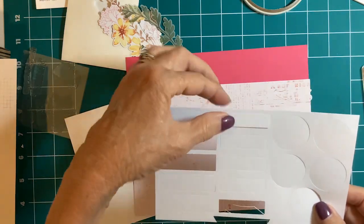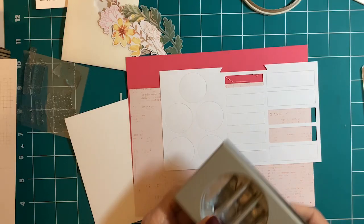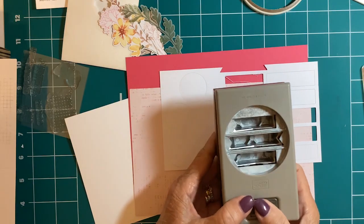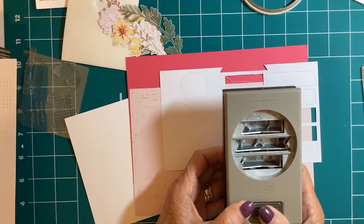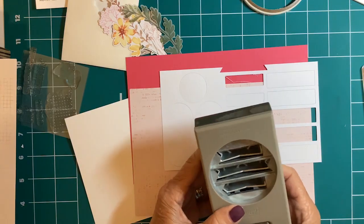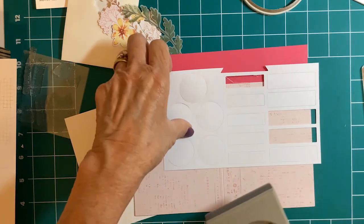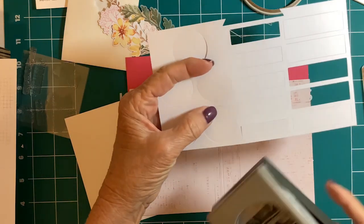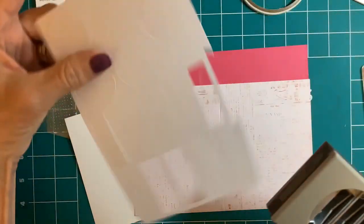We're going to use one of these pieces, and I'm going to show you a sneak peek of a new product that's coming out in January. One of the great things about being a demo is we get things early so that we can start using them ourselves, playing with them, making samples, getting ideas to share with you. And this one, I'm going to use what would have been a rectangle, but I'm going to,